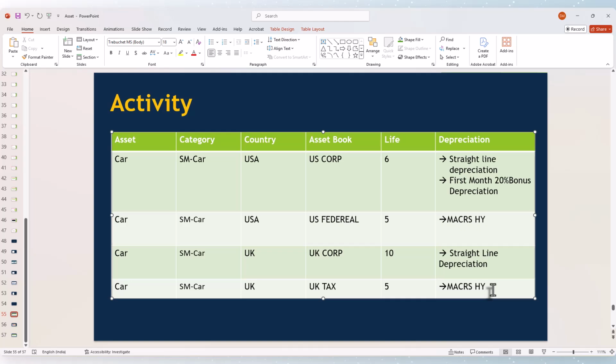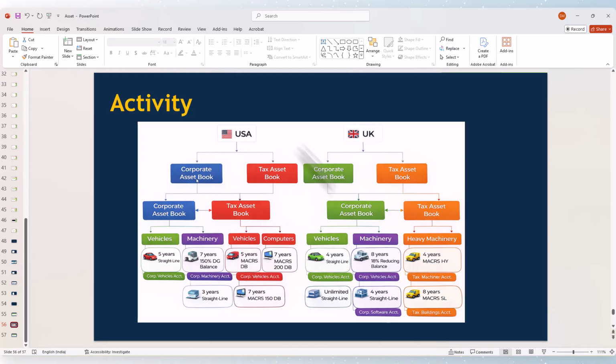To explain this case study in a diagrammatic way so that you will understand it even better, I have used this diagram. Let's say you have in US and UK, you have corporate and tax books. And in the corporate book, let's say our case study is about car, right? It is in a vehicle category, and let's assume it has 5 years life and follows some straight line. This diagram is not 100% matching with our case study, but you can treat this as a sample to understand